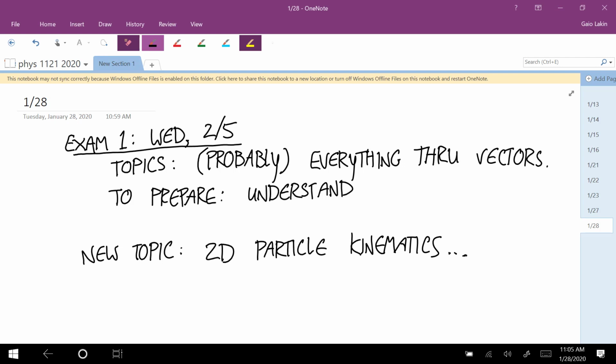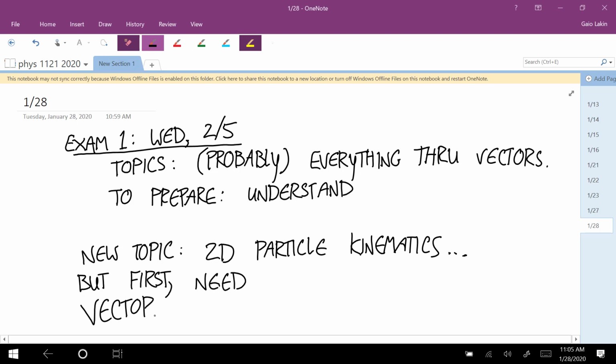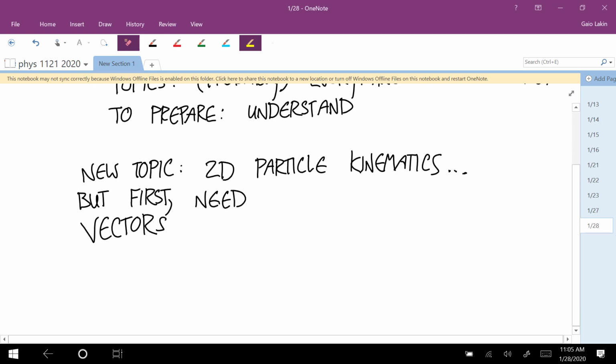But before we can apply it to actual 2D particle kinematics, we need vectors. Before I get into actually applying this to kinematics, I have to describe the math of vectors. Okay, so remember